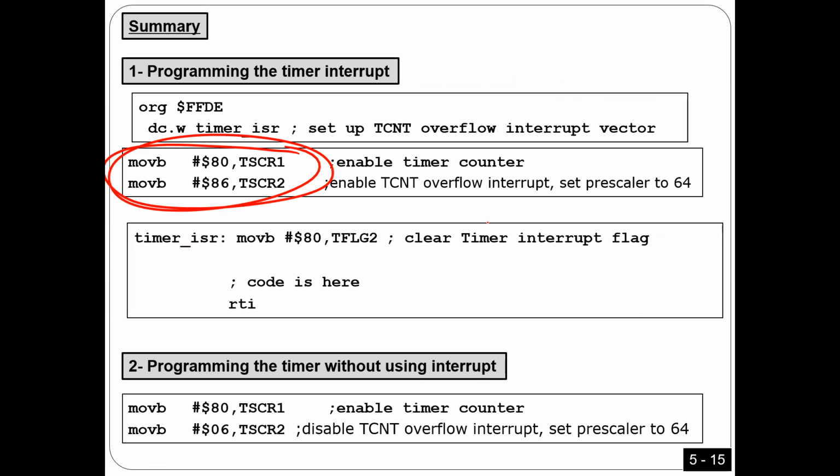In the interrupt subroutine, you have to write this one to clear the flag bit. Okay, guys, any questions? This is for the timer. Now I'm going to explain how you can program input capture and output compare. Again, I know you may be overwhelmed with the number of registers, because there are too many registers, but anyway, it's very easy.